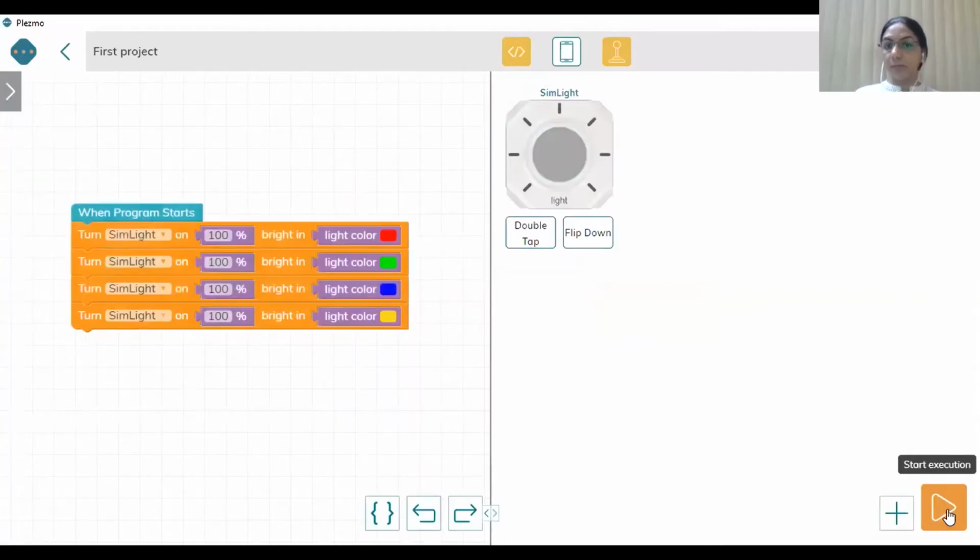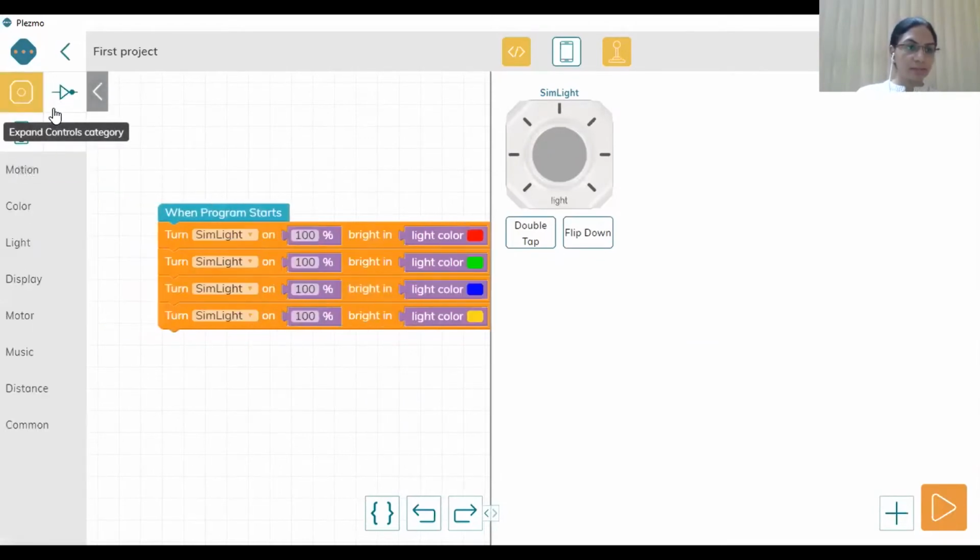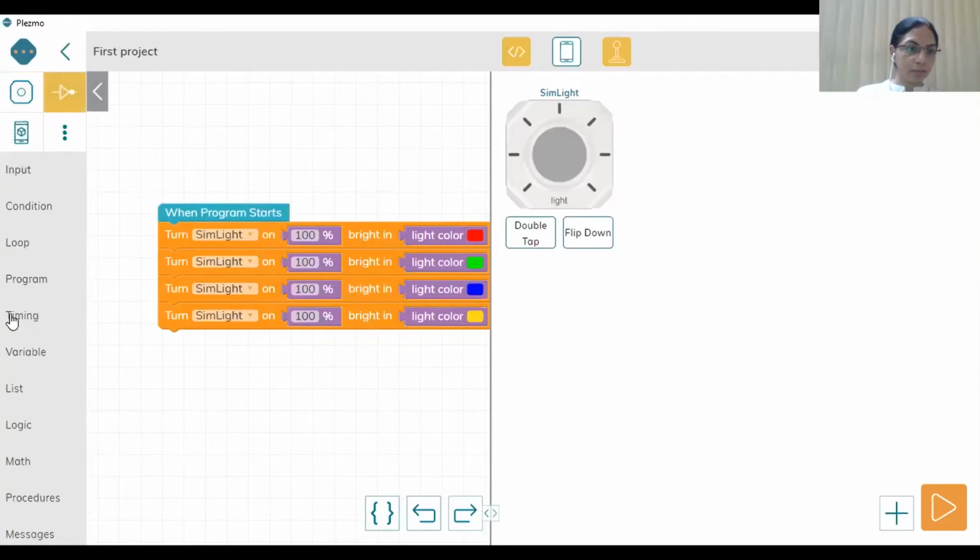Did you notice anything? We are not able to see the colors properly. What have we done wrong in this program? Yes, we have not given the timings. From where will we give the timings? From the controls.